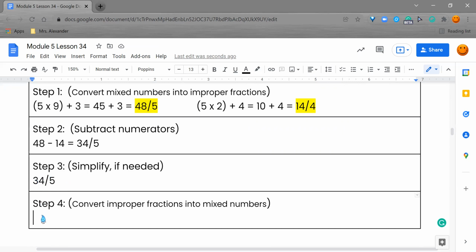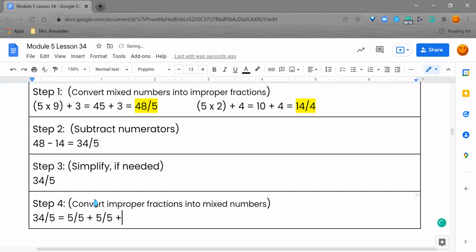The only thing I'm not too happy about is it's an improper fraction. So we're going to take that 34 over 5 and turn it into a mixed number. And we do that by skip counting and making our whole numbers. So I'm going to skip count up to 34, or as close as I can get to 34 by 5s. So here we go. 5,